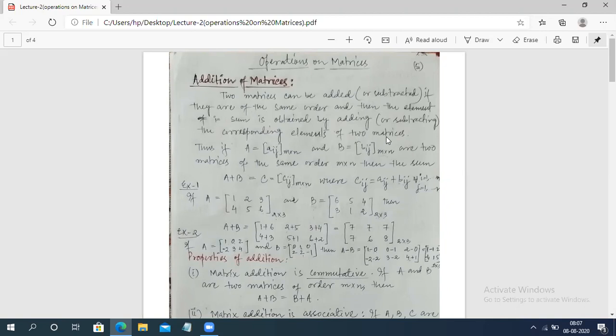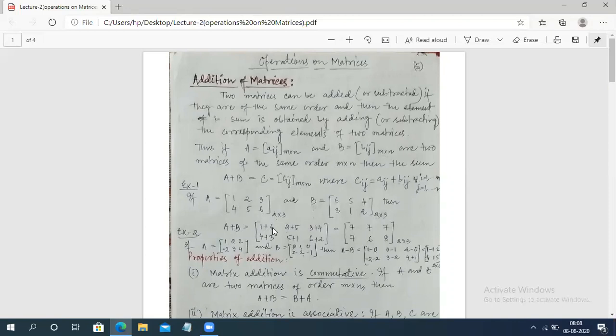What does it mean? That means if we are taking a matrix A of order, suppose, 2 by 3, this is matrix A: 1, 2, 3, 4, 5, 6. These are the elements of this matrix A. Now we are going to add this matrix with another matrix B. Then B must be of the same order, so the order of B will again be 2 by 3. So the elements of B are 6, 5, 4 and 3, 1, 2. If we are going to add these two matrices A and B, then A plus B will be equal to